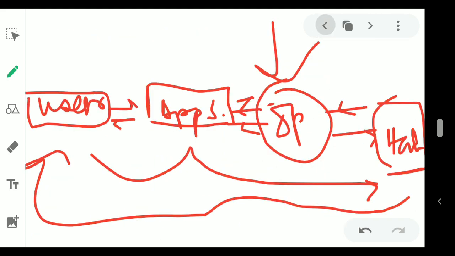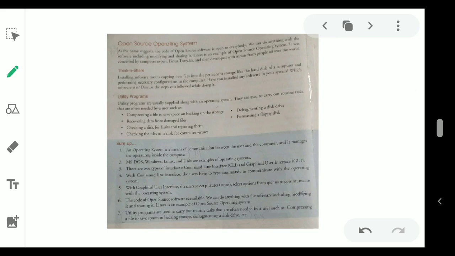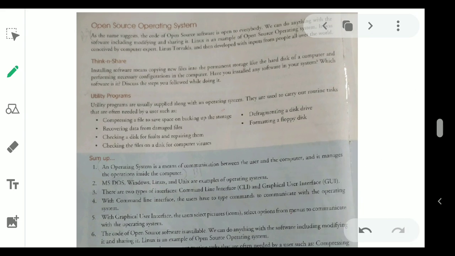Now we are moving to the topic that is open source operating system. As the name suggests, the code of the open source software is open for everybody. So anyone can modify the code for this operating system software and share it. Linux is a particular example of such an operating system.